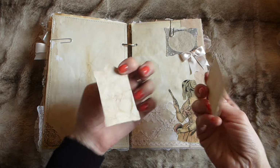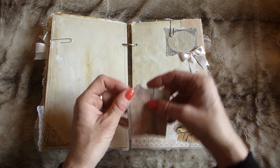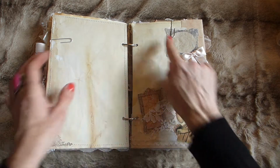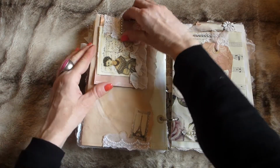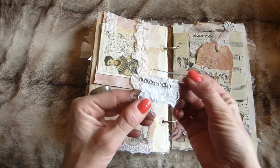And then here I've just got a couple of kind of pull-out tags. A frame and one of those again from my new stamps. That just tucks in like that. And then obviously more room for journaling on the page. And then over the page here I've got an altered paper clip, very pretty one, with some lace and some